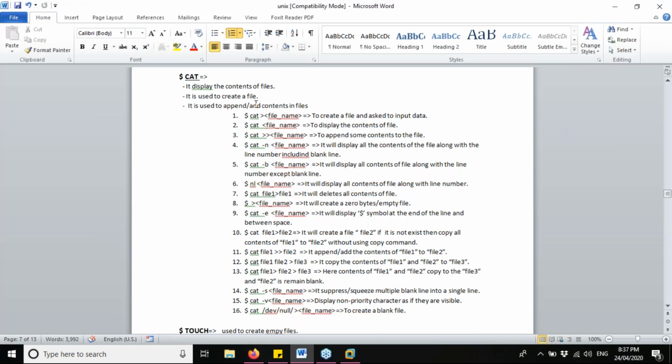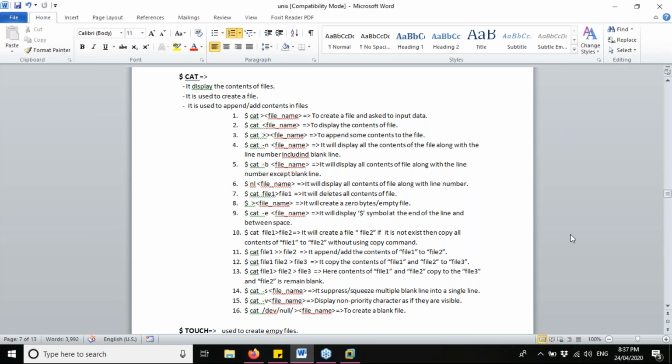Okay. So today we will see the cat command and its various types. What does the cat command do? It displays the contents of the files. It is also used to create a file. Not only that, it is also used to append or add contents in files.